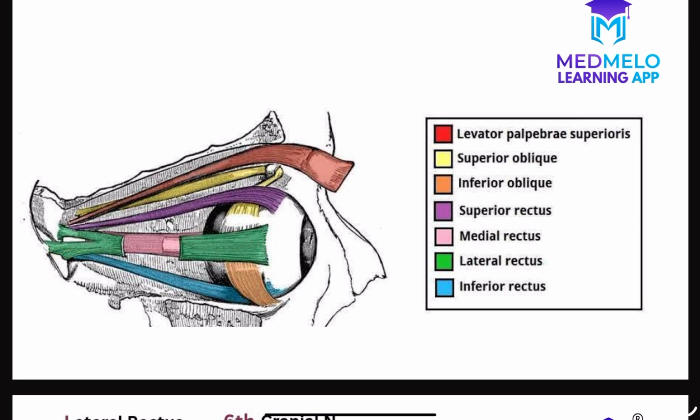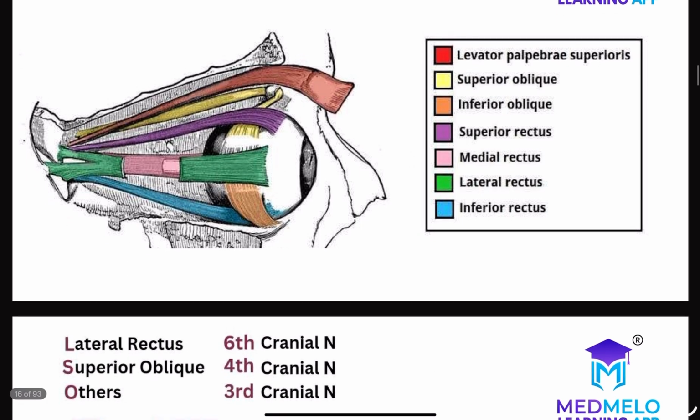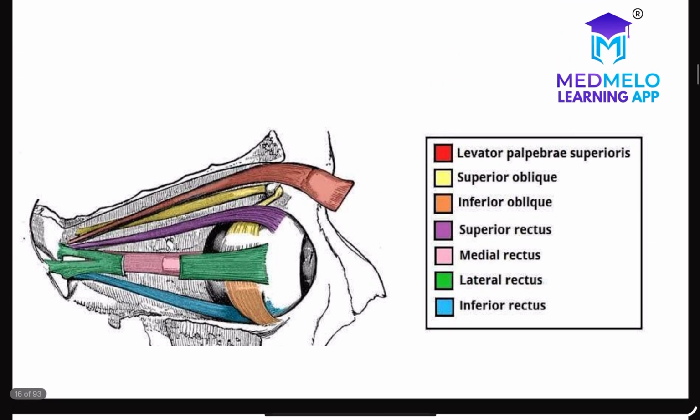These are the seven extraocular muscles, and all of them except superior oblique and lateral rectus are supplied by the